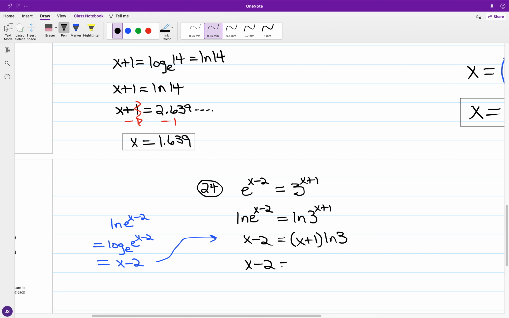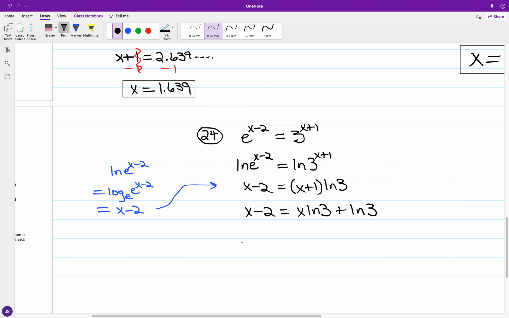And looking at expanding, so we have all of x plus 1 times the natural logarithm of 3. So for the terms, we're going to have x times the natural logarithm of 3, plus 1 times the natural logarithm of 3, which we have as ln of 3. And looking at what we have in the setup,